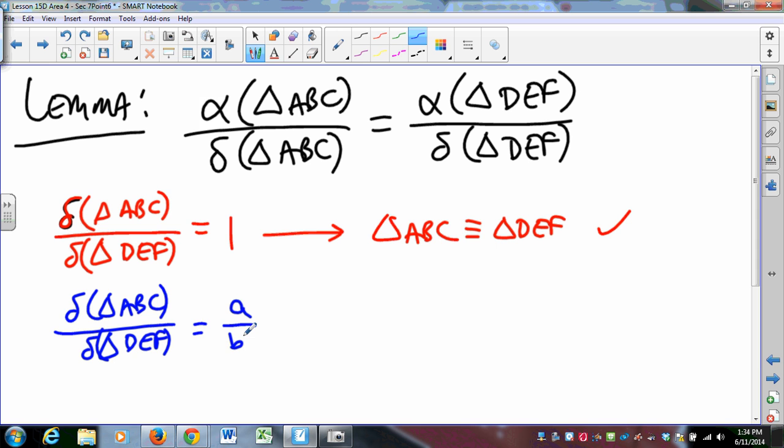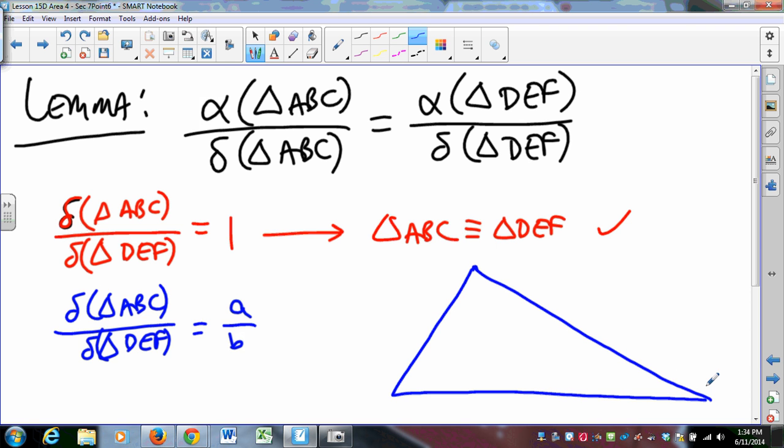We'll pretend that A is less than B. It doesn't matter if A is less than B. We'll pretend. Well, what we do in this case is we take our triangle and we partition this side into B parts. This will be P0, this will be P sub B, and we partition it in such a way that if you connect all the dots,